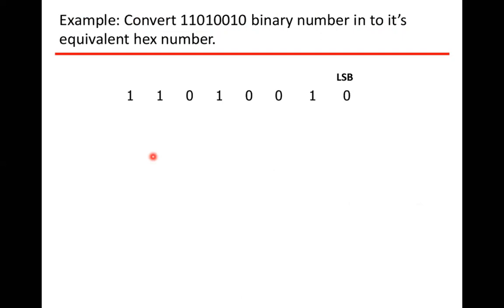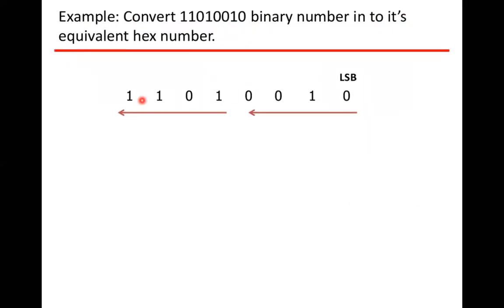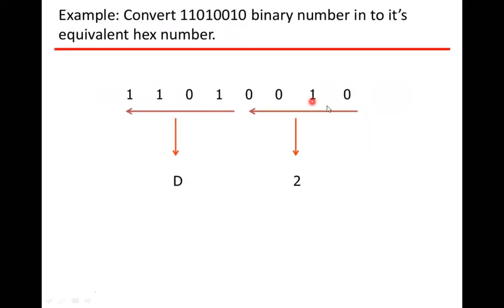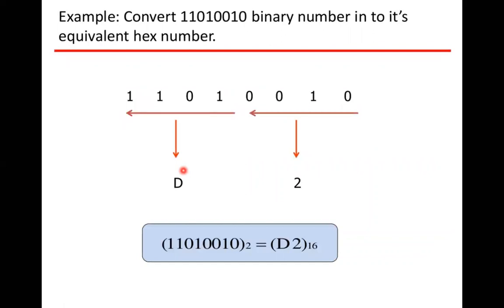This is the binary number example, and this is the least significant bit. From here we have to make pairs of 4 bits. So 0010, up to here it will be 2, and 1101 will be the second group. This is how we have to do it, 2 groups. And 0010 is nothing but 2 in decimal, isn't it? And 1101 is nothing but D, if you remember the table which we studied previously. So what is the equivalent hexa number now? D2 of base 16.